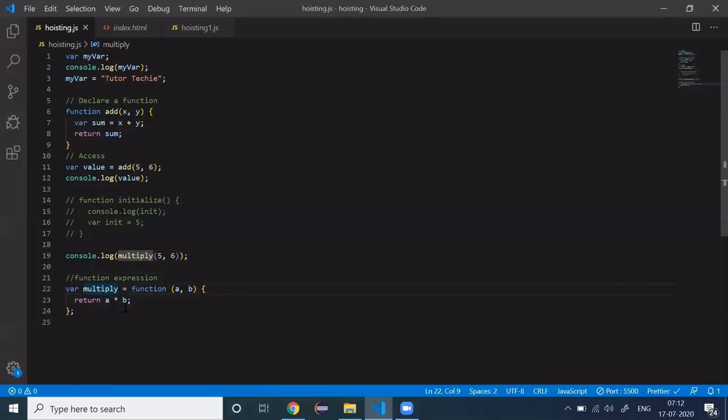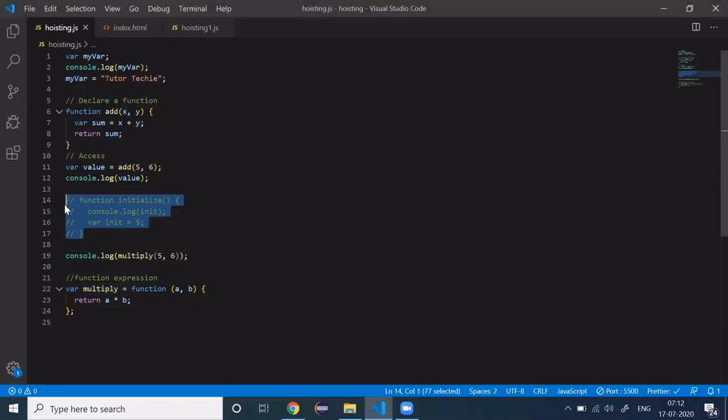When the creation phase happens, this value will be undefined, and when it tries to execute multiply, it contains an undefined value. That's why it is saying that multiply is not a function. But that is not the case with function declaration, because function declaration happens at the creation phase. That is the difference between function expression and function declaration.